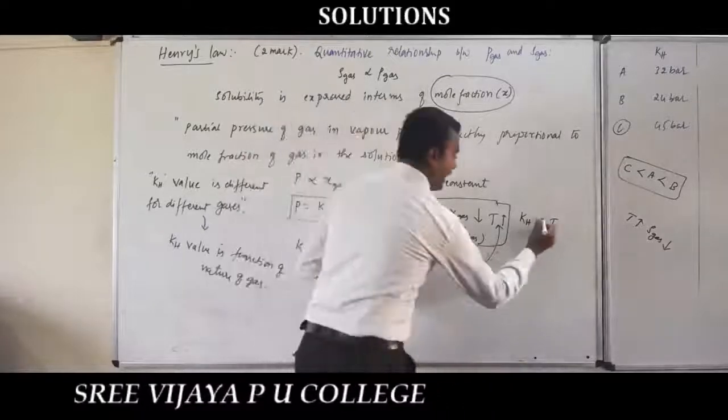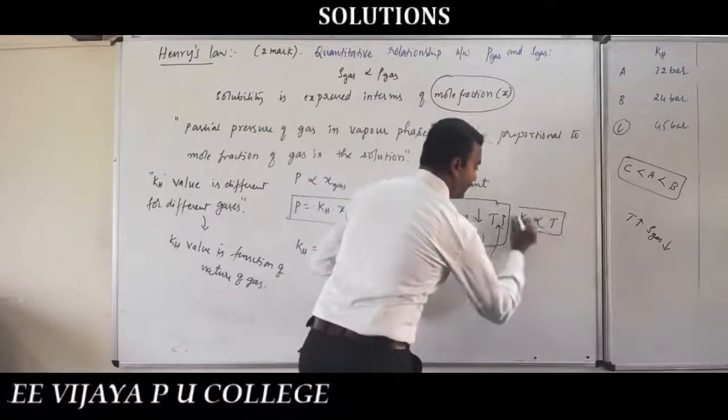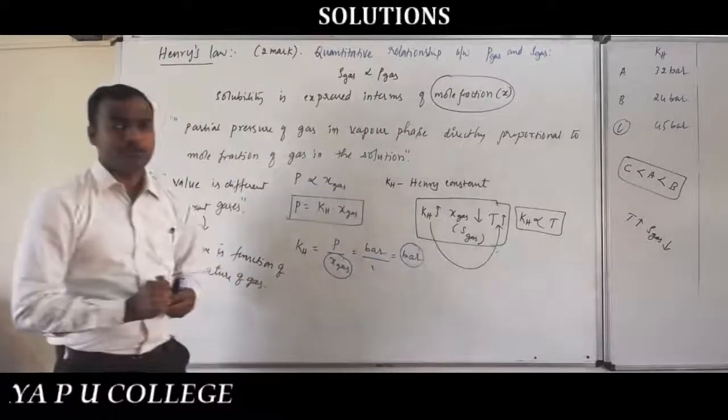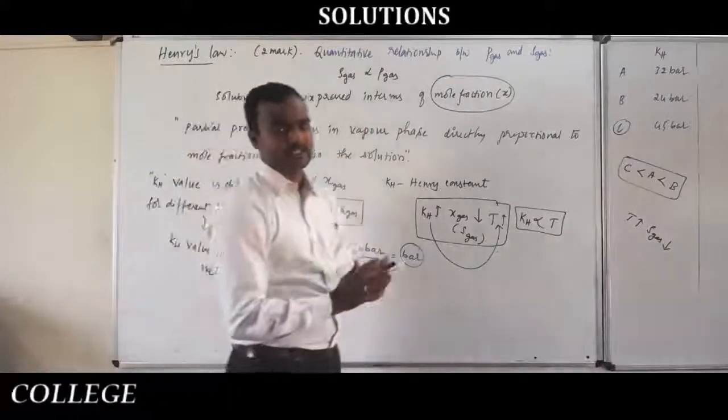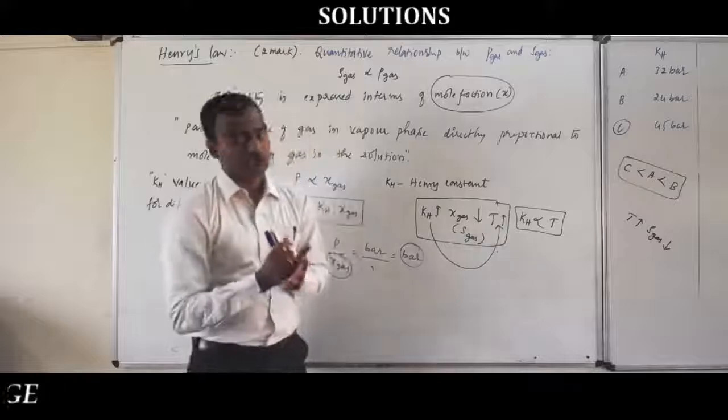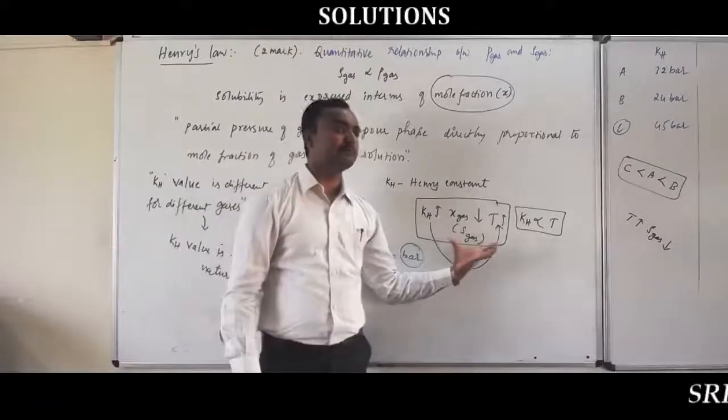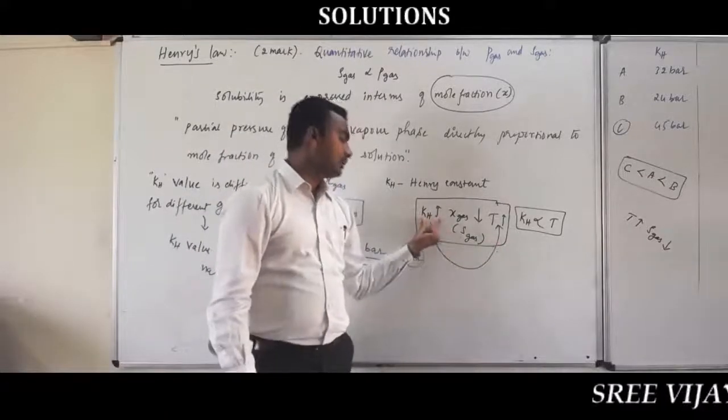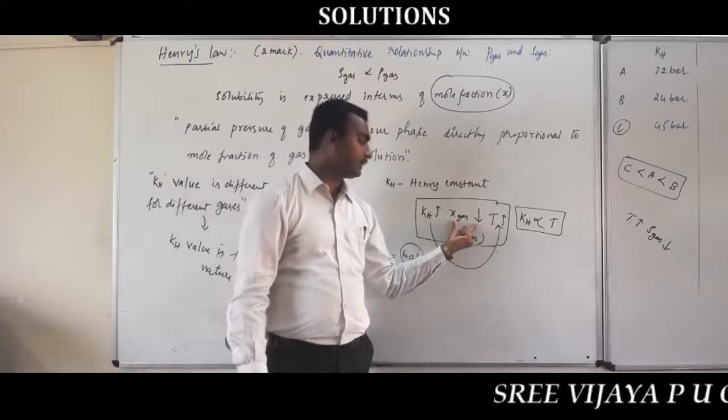Therefore, KH and T, Henry's constant and T, are directly proportional. Nothing but as the temperature increases, Henry's constant of the given gas also increases. This is a very, very important concept, that is the relationship between KH, mole fraction of the gas, nothing but solubility